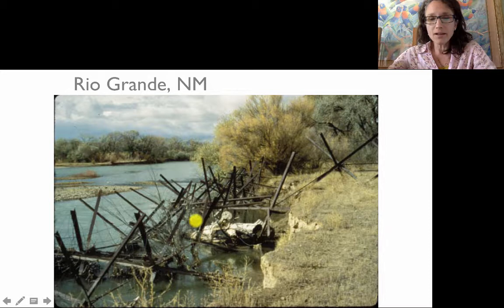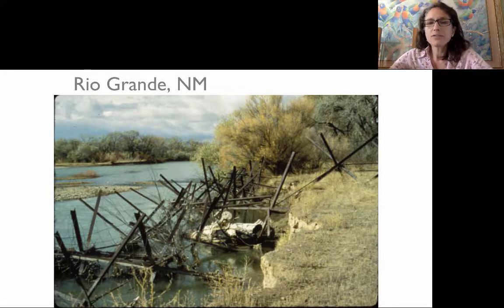Here's a great example of spending a lot of money on bank protection and then maybe it not working and having to take it out. This is along the Rio Grande, north of Albuquerque, downstream from Cochiti Dam. The Rio Grande used to be a wide, braided, very mobile, very dynamic river that eroded its banks quite a bit. And so in order to try to control it,